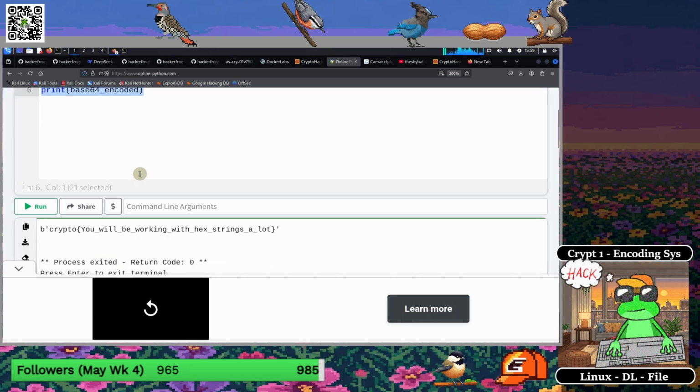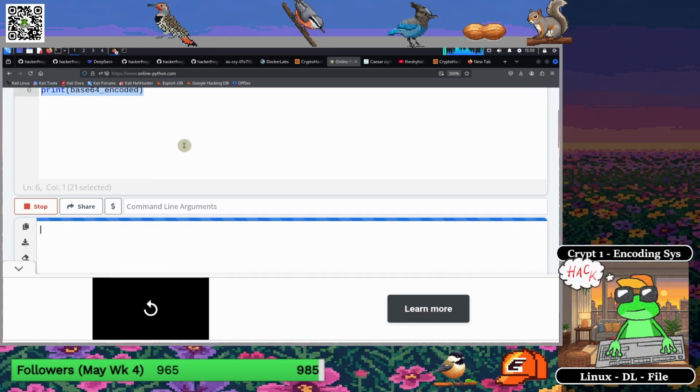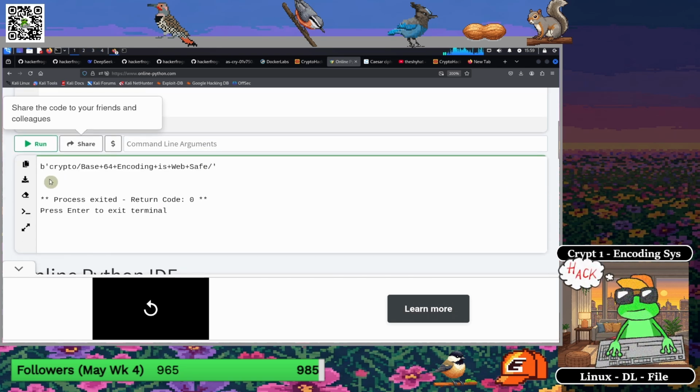Okay, let's go ahead and run this code. So just go down to the bottom and click on Run. And you get this flag over here, crypto base 64 encoding is web safe. So just copy the flag,